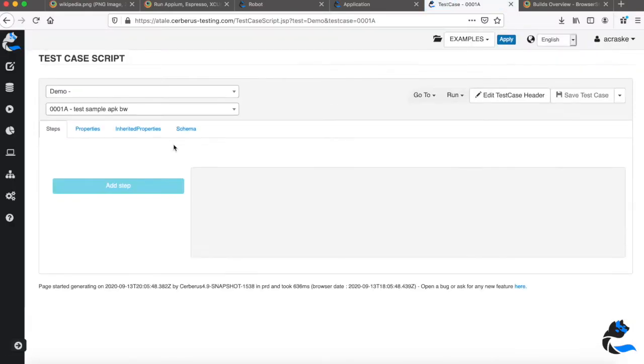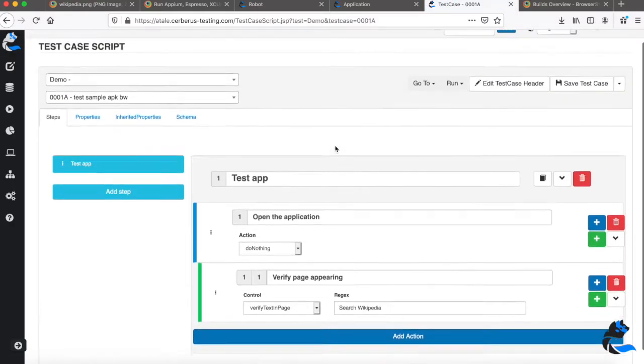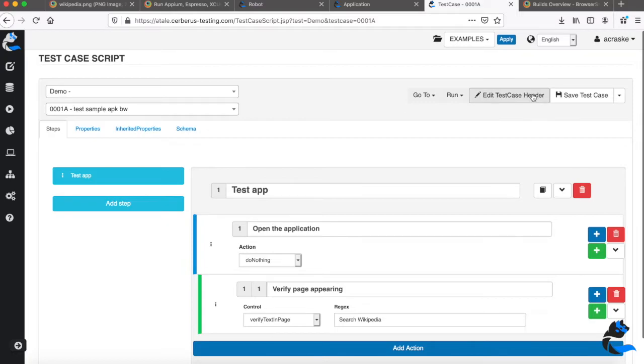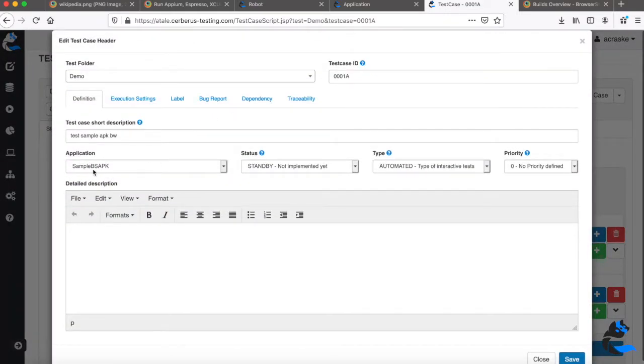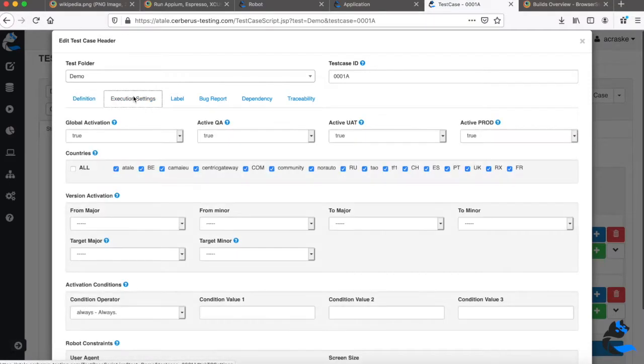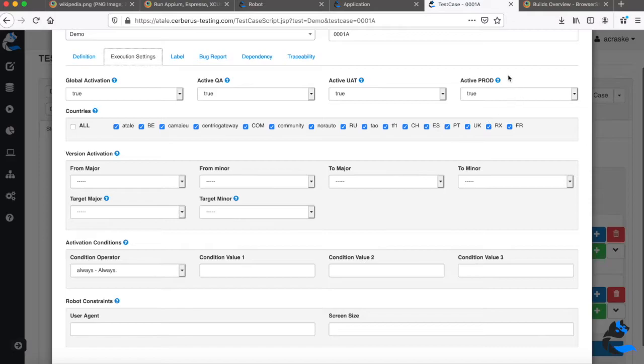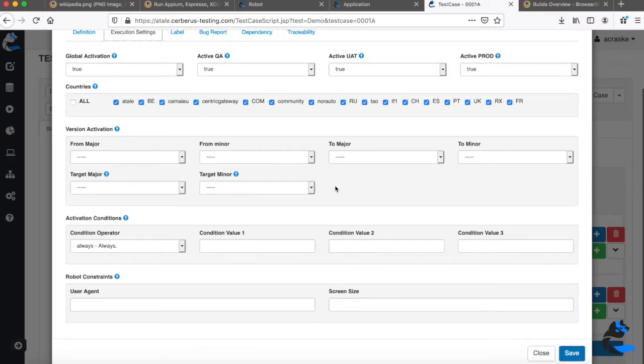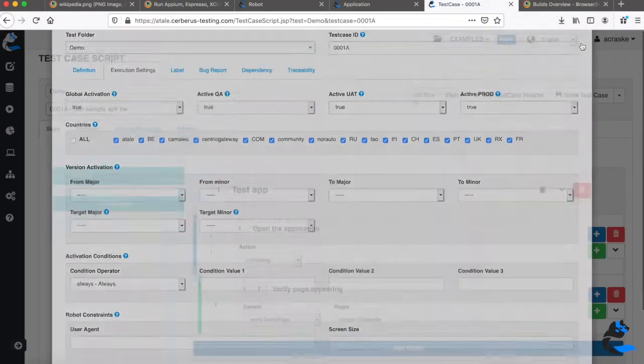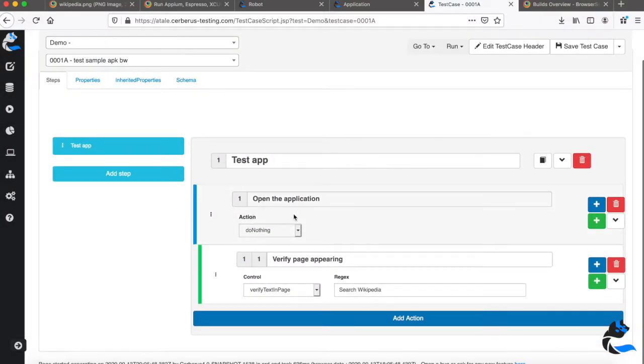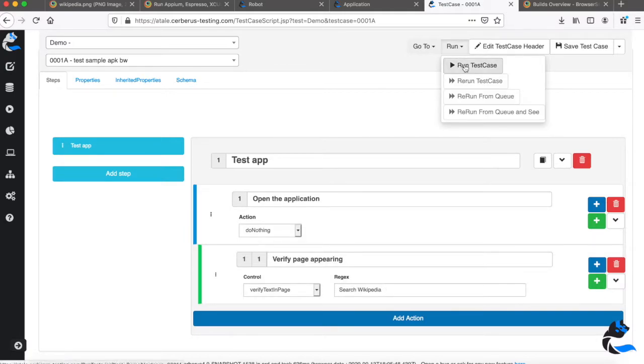So in our case here, we'll just do a simple test that will verify the integration and the opening of the test. For the test configuration, you need to attach it to the correct application. In our concrete case, as we defined the production environment, you just need to make sure here that activate prod is set to true. You don't need to specify an action inside Cerberus as the test is already of a mobile app application typology. You can just specify here the verification you need.